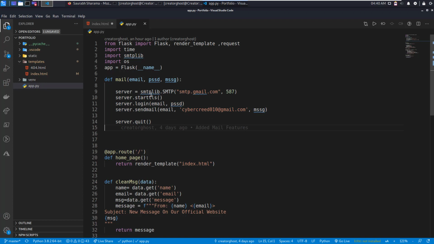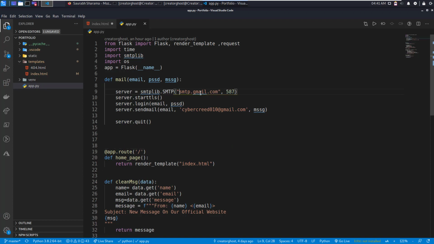So here we just need to provide our email address, and here we need to pass our password. So here you have to pass the password of yourself. So in order to set up this mail sending function, you have to first go to Google, then disable less secure apps, and once you allow less secure web apps, then and only then you can send email through this Python script or any programming language for that matter.